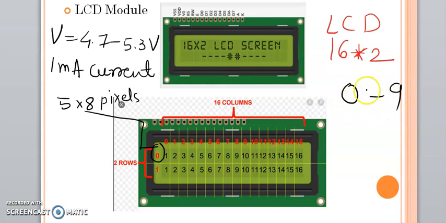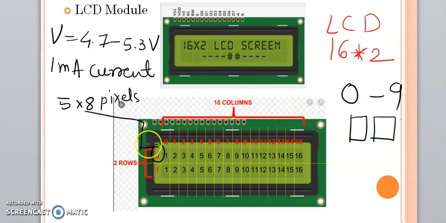If you want to display a 2-digit number, you need to combine two 7 segment displays, so the headache is there when using this for displaying purposes. And again it can give some characters also, but if you want to display one word, then depending upon the size of the word you need to include more 7 segment displays, so it's a headache. So that's why LCDs are used, for smooth display, and the configuration is also simple.